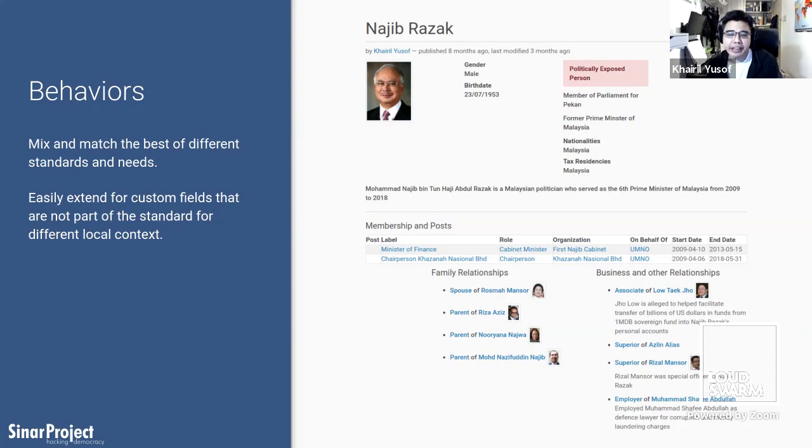And then using behaviors, I'm now able to add additional fields that I didn't think about, for example, tax residencies, the nationality. So a lot of these people involved in cross-border corruption sometimes have multiple passports, and then a U.S. citizen would be living in Panama, or a Malaysian living in London, and so on. So I'm now able to have these additional fields,